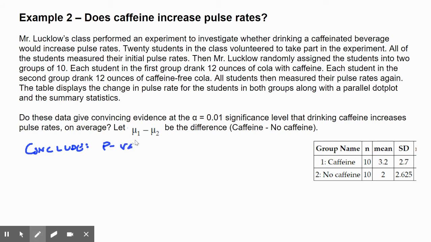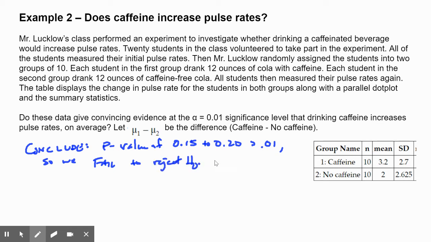So our p-value of 0.15 to 0.20 is greater than 0.01. So we fail to reject the null. Therefore, there is not convincing evidence